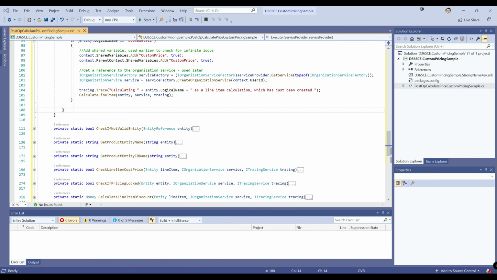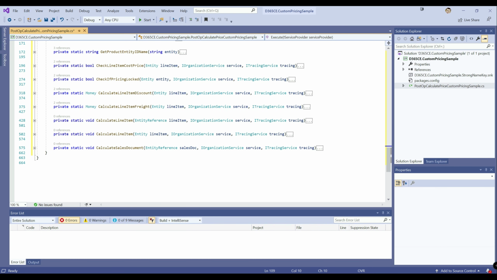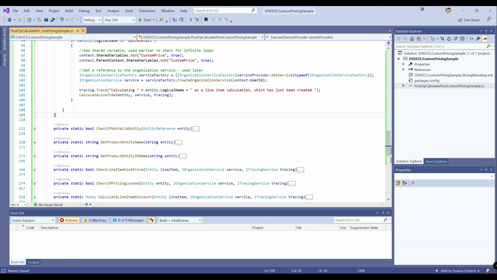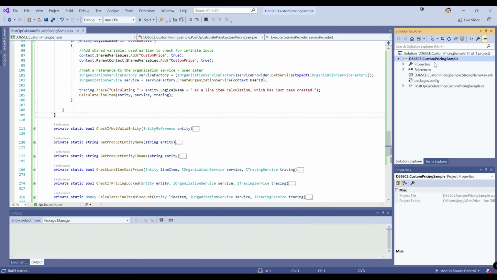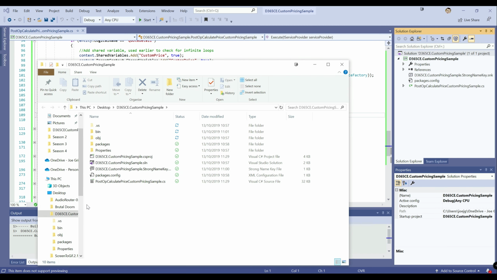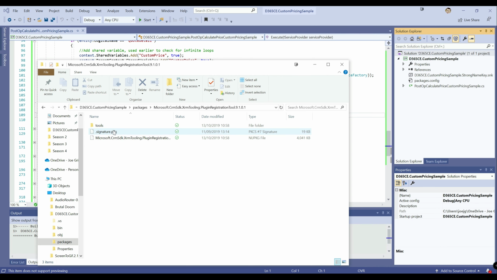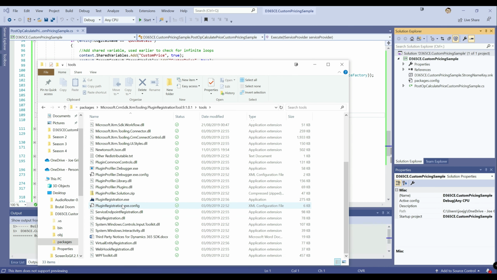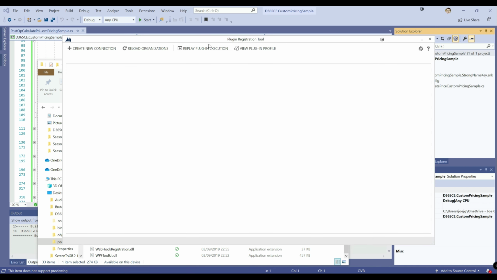Okay, so with everything done from a code point of view, all we need to do now is save that, build our solution, and make sure it's all good to go. And with that done, we can then get this plugin deployed out to our system. We do this via the plugin registration tool. So if we navigate to the folder for our particular solution, we go to the packages folder, plugin registration, and then tools. We can see down here we've got an executable for the plugin registration tool. We click on that there,